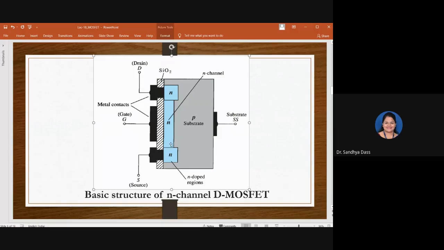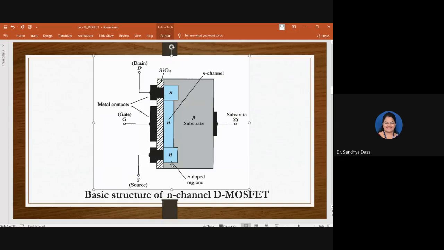So remember that it is a highly doped N-type material inside, which is embedded inside the P-type material. P substrate, we call it as P substrate. And there are, in fact, actually three terminals, but one more terminal which is connected to the substrate. We call that as substrate. Generally, in most of the cases, this substrate will be tied up with the source. These two will be shorted always, so forming a 3-terminal MOSFET also is a 3-terminal device.